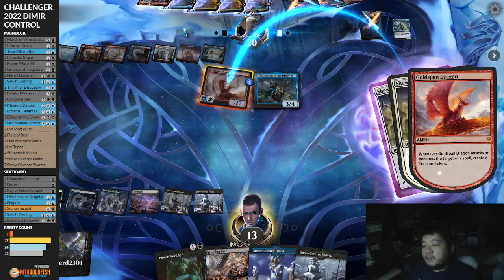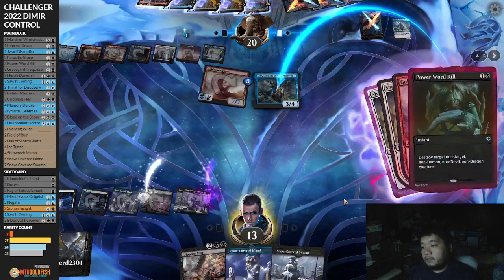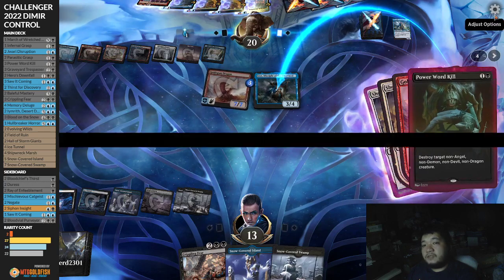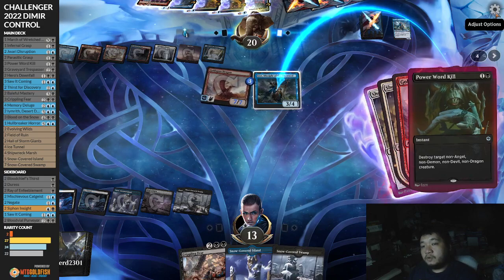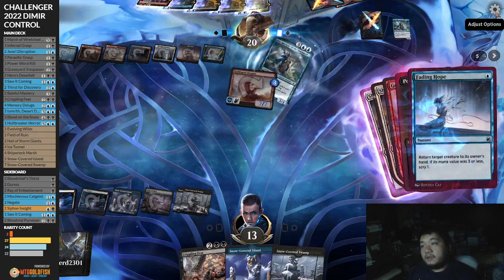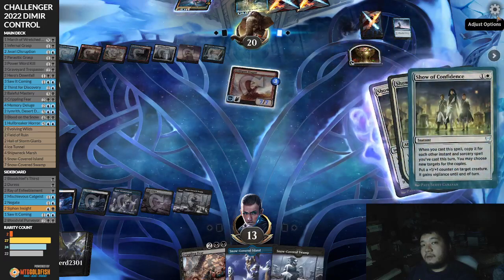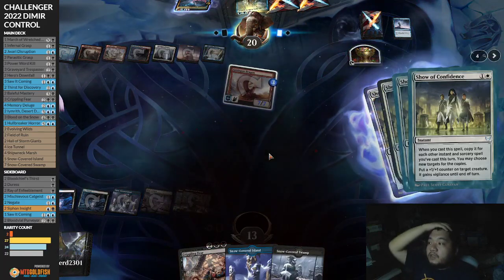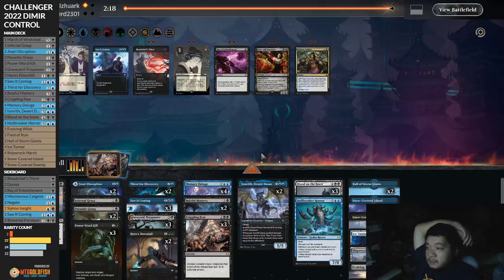I'm assuming they have the other one in hand already, so let's cast the Power Word Kill. They probably have it in hand already, so it kind of doesn't mean much. They already got us at this point. Yeah, so we're gonna concede this one. We're gonna make adjustments to our kill suite. Unfortunately, that means